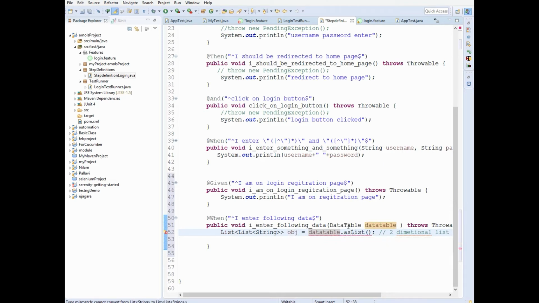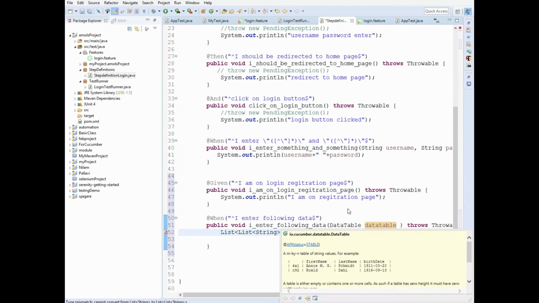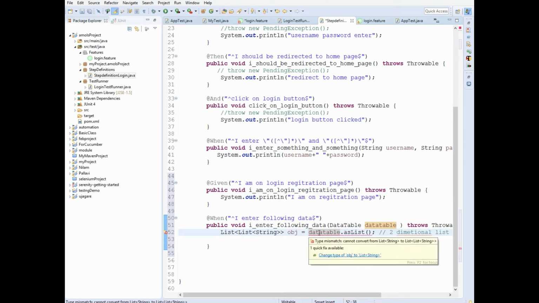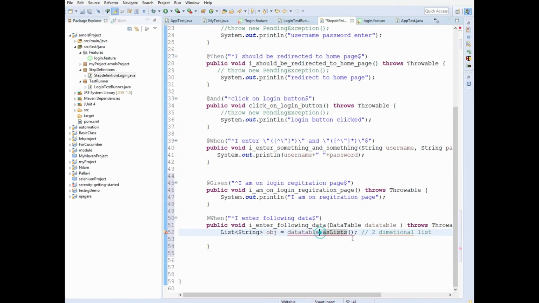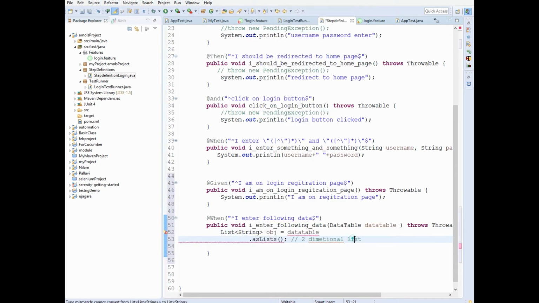Okay, so what is the problem? I should write here s. So you got this. So what was the mistake I have done? I have written asList. asList is a single dimensional list. If I write asLists, it will be a two-dimensional list. So I'll fix this now.